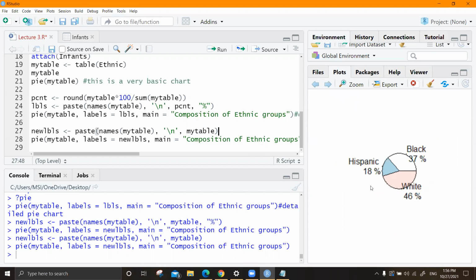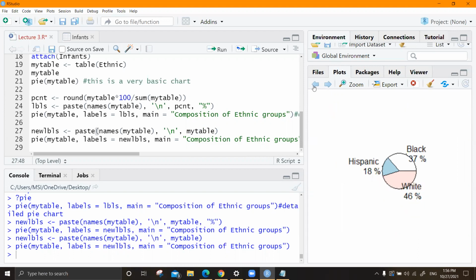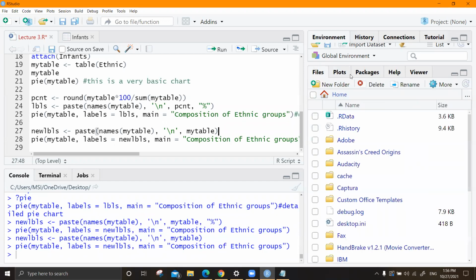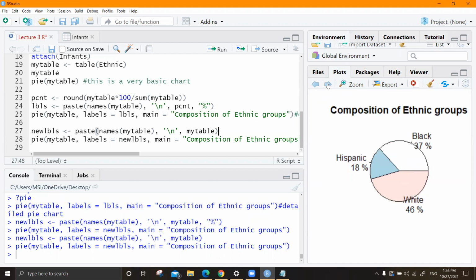This is not that, same thing. This is not acceptable. Yes, these two are the same. No, this is also not acceptable because you don't have a title here, right? This is also not acceptable. This is a correct chart. This is also a correct chart. Any questions?